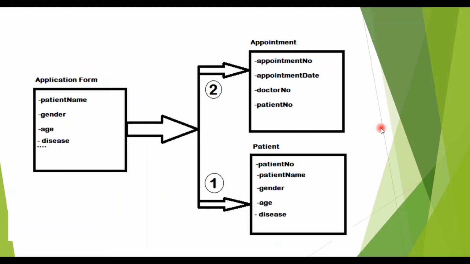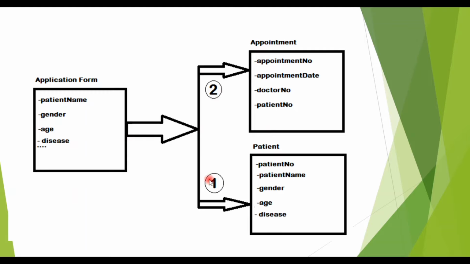Okay, so let's say in our example we will take an appointment table and a patient table. Suppose whenever any patient goes to a medical reception, he has to fill up a form, right? The reception enters it in their application, and that application stores the data inside an appointment table and a patient table. Whenever the data is stored in the patient table, a patient number gets generated. That patient number is stored in the appointment table.